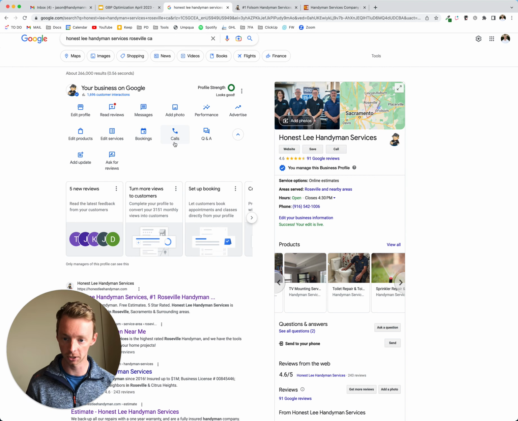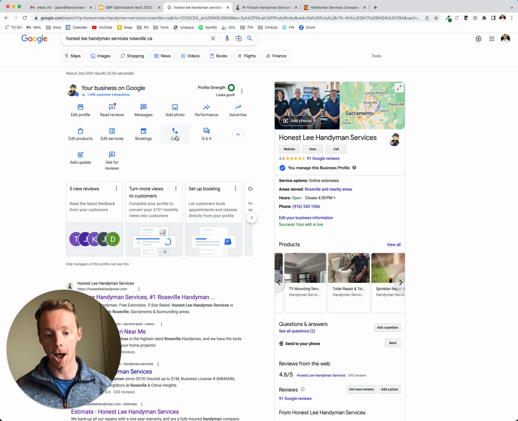Not going to touch on bookings here. Calls, they do have a call tracking feature in here. Some people like it, some people don't. If you've got call tracking in place already, no need. If you don't, it can help you gauge the amount of calls coming from Google. But even then, you can look into your performance and see how many people